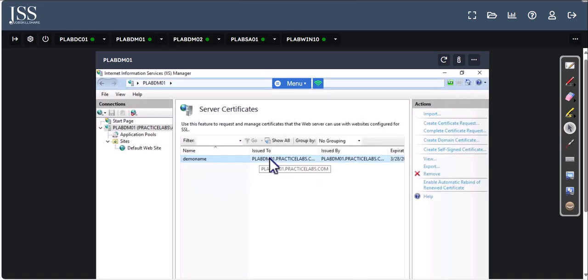So we just created a certificate right now. I can export the certificate if I want to. I can leave it here for one of these websites. So if someone says, can you put this certificate on this website and make it 443,